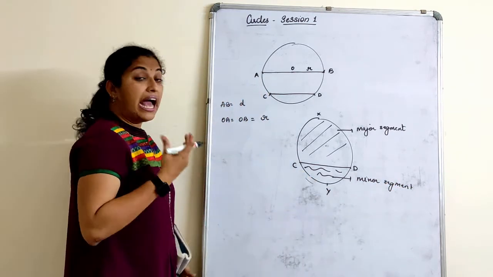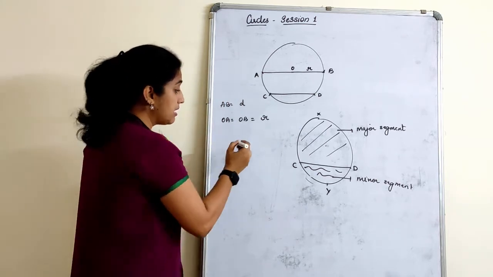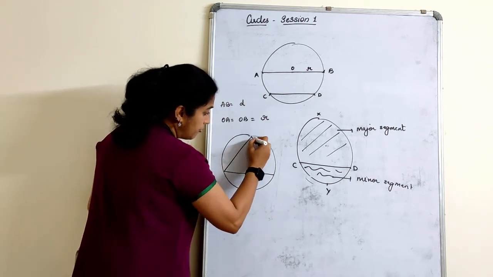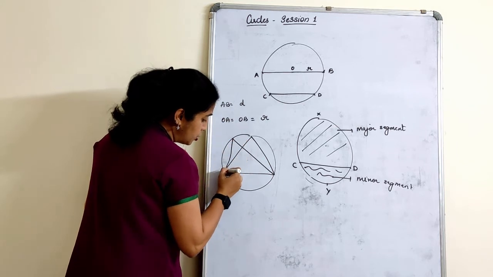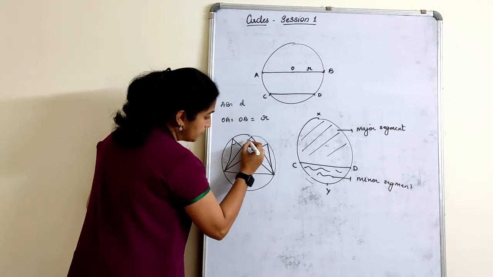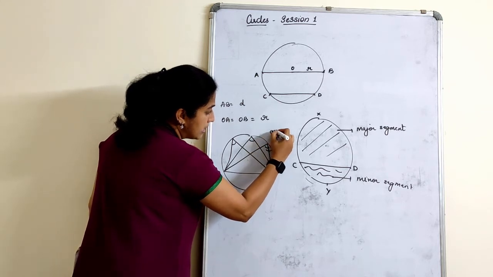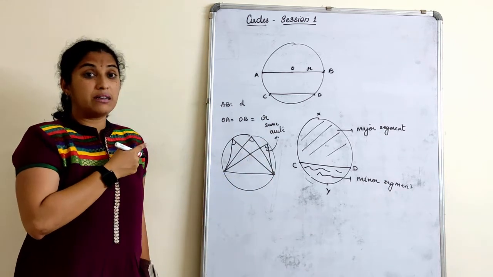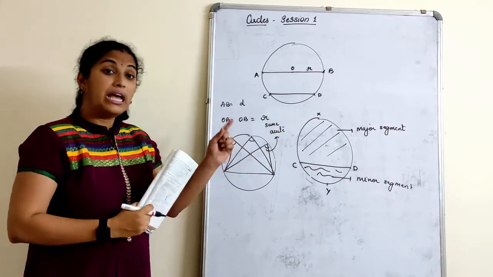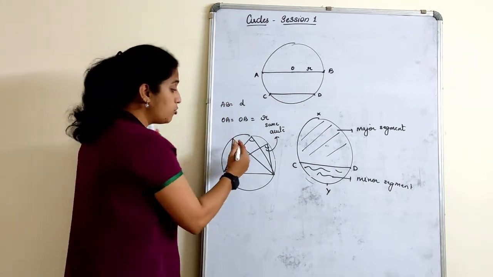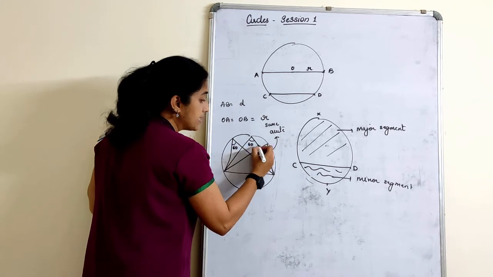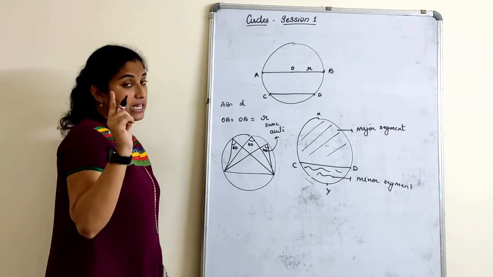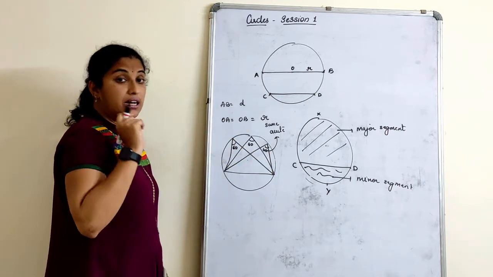We also studied angles in the major and the minor segment. What was that? Suppose this is a chord, and the center is here. Now if I draw angles and measure these angles here, these angles are all acute and all the same. What does this tell us? We had done one sum in the triangles chapter. Angles in the same segment are equal. Assume that if this is 60 degrees, this also will be 60, and this also will be 60. Angles in the major segment are acute angles.